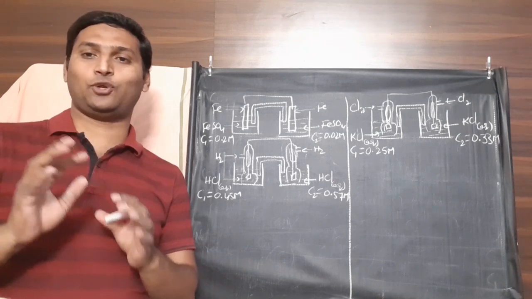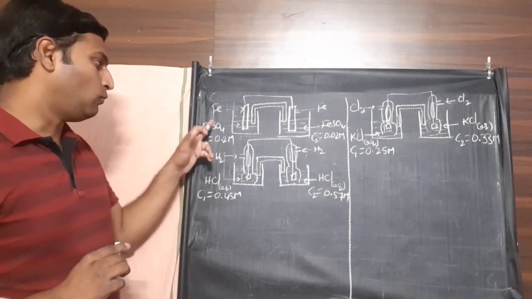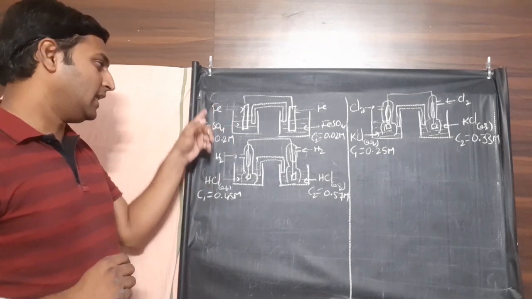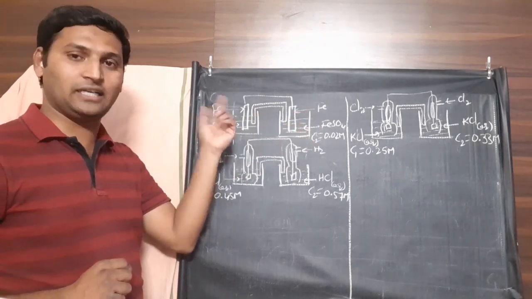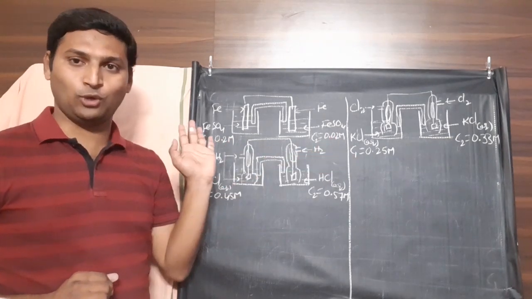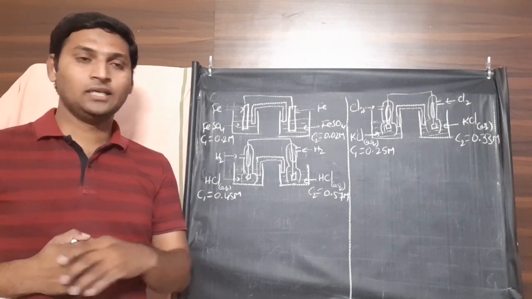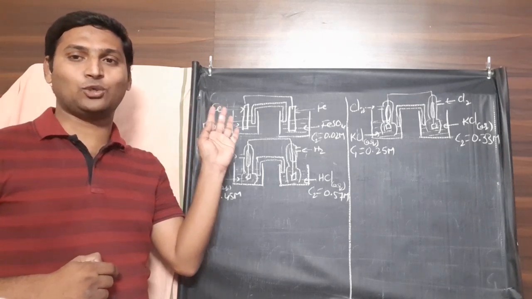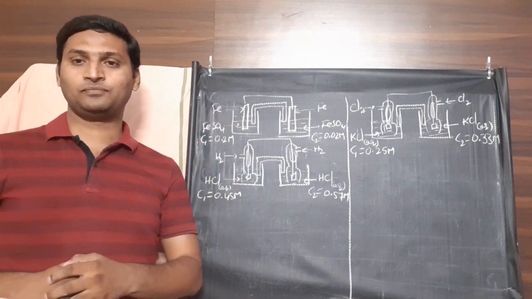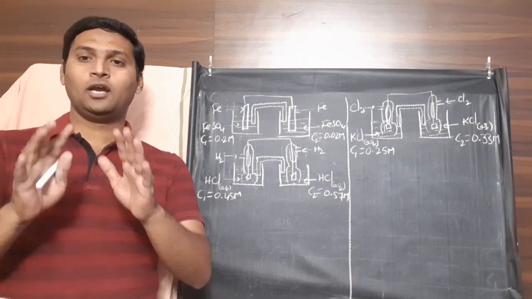Now I have a little exercise for you to do along with me, while pausing and playing this video. See, one concentration cell I have drawn here for you, where iron dipped in ferrous sulfate are the electrodes. C1 is 0.2 molar, C2 is 0.02 molar. Now, listen to this question, pause the video, answer it and come back. I want you to identify which is cathode and which is anode and mark the flow of electrons as well as the flow of conventional current. Once you mark the electrodes, marking the flow of electrons and conventional current is easy for you. Hope you have done that.